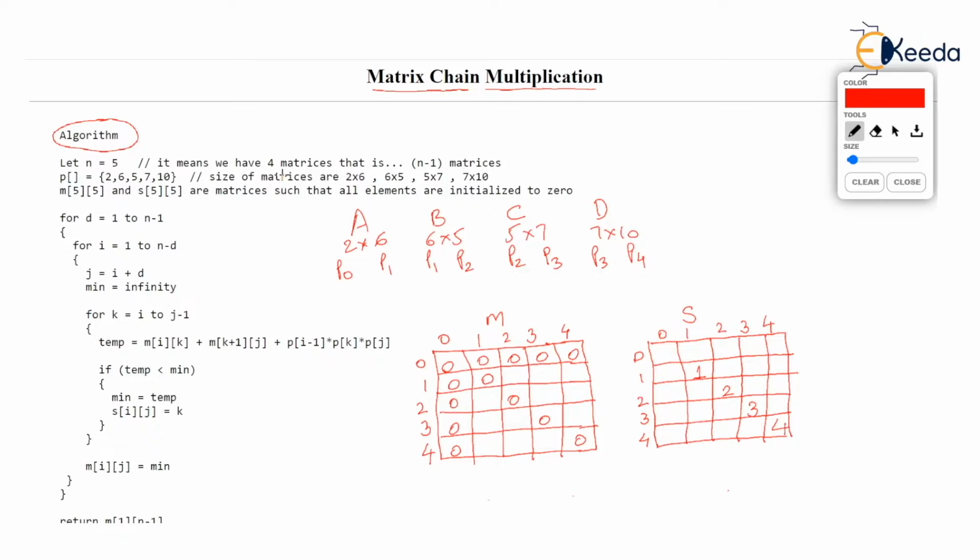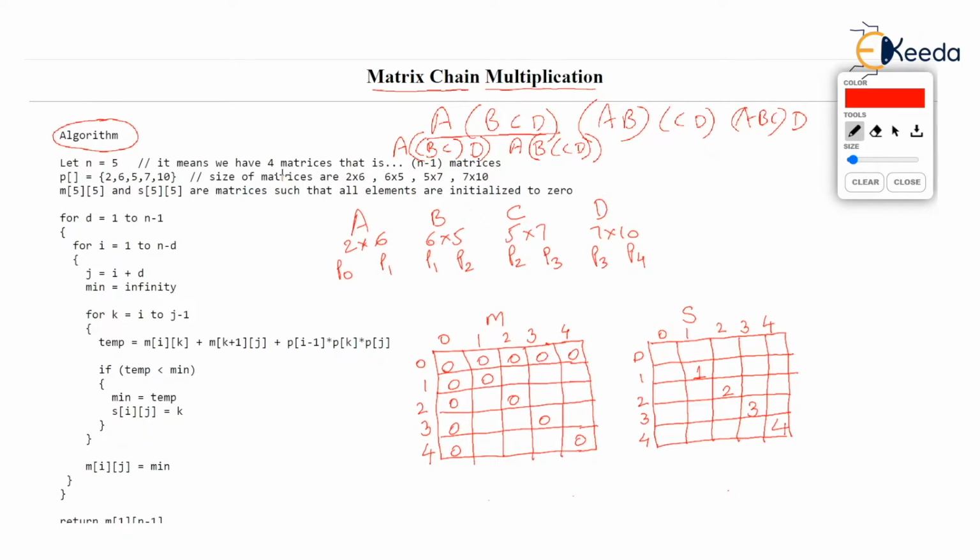Given these four matrices A, B, C, D, we can multiply them either by multiplying A with the result of BCD, or multiplying AB with the result of CD, or multiplying ABC first and then multiplying it with the fourth matrix D. But you know that even in this first combination, there are two ways in which we can do this. A is multiplied with the result of BC and finally with D, or A, then B, and then CD. So the perfect parenthesization would be as I am showing over here.